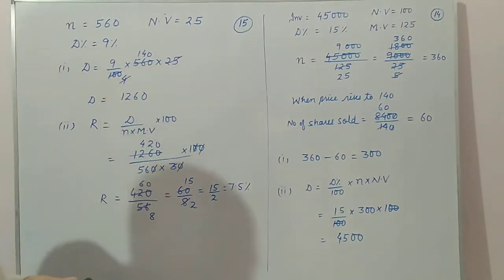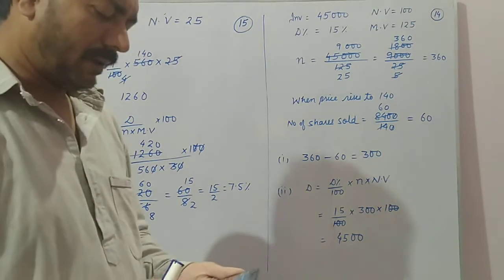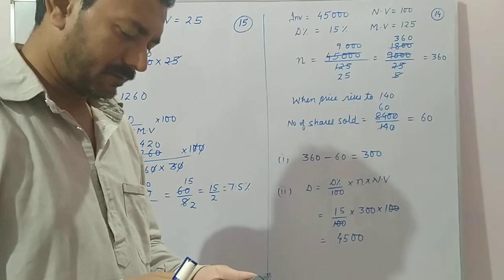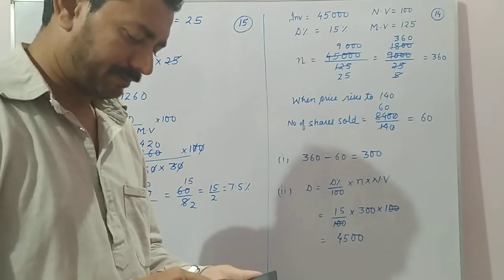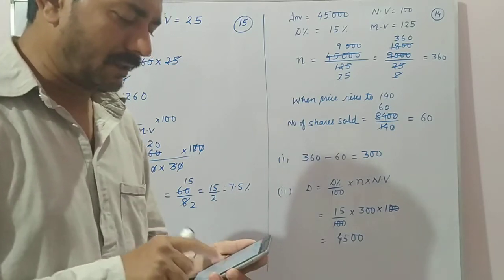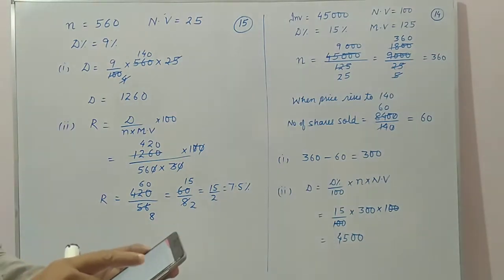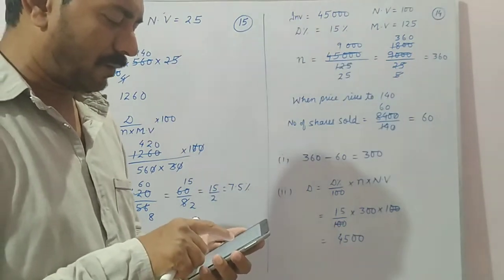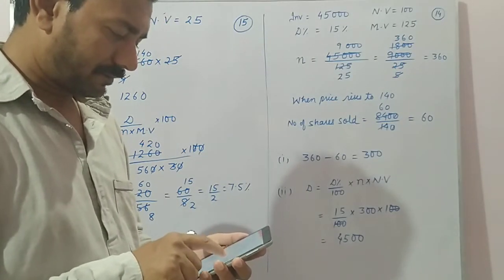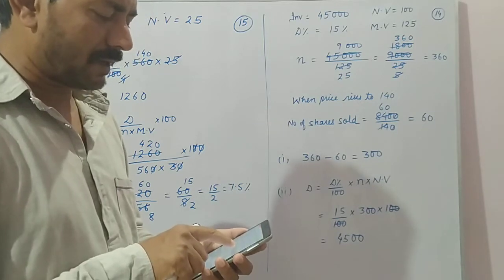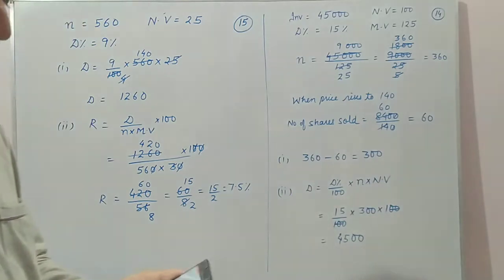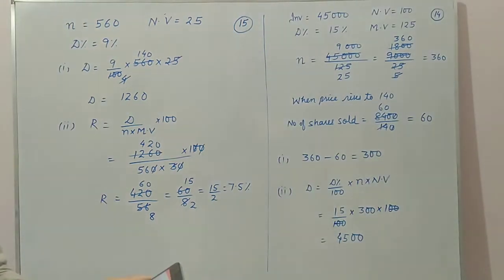So today we will start with question number 14. In question number 14 it is given that a man invested 45,000 in 15% rupees 100 shares quoted at 125. When the market value of the shares rises to 140, he sold some shares just enough to raise 8,400. Calculate the number of shares he still holds, and the dividend due to him on these shares.